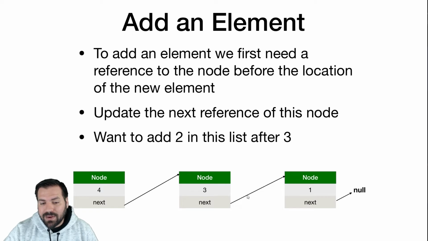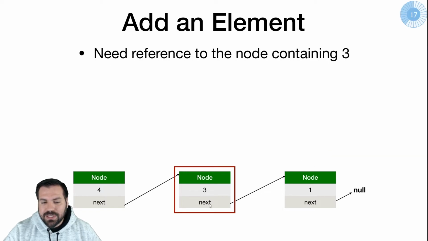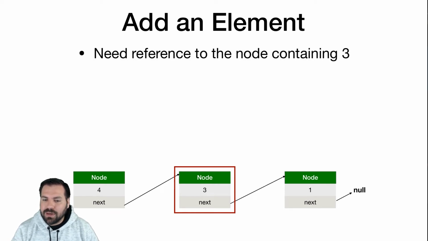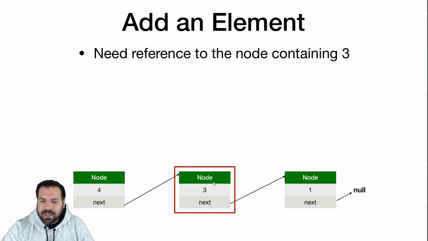So if I want to add a node right here, what I have to do is take this reference, which is why our find and all of our other methods are going to return a reference to a linked list node, because if we want to add or delete, we're going to need a reference to a node. We don't just want the value 3, we want the entire node. So if we want to find this and then work with that node, we need the reference to the whole node.